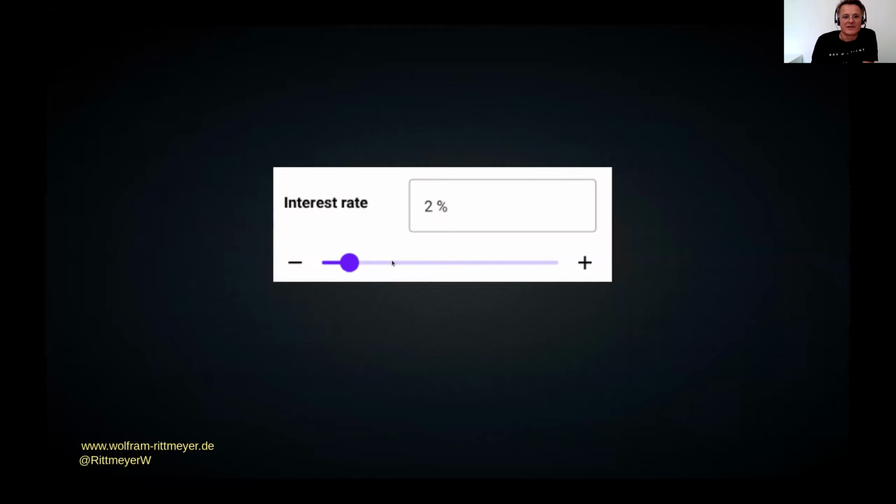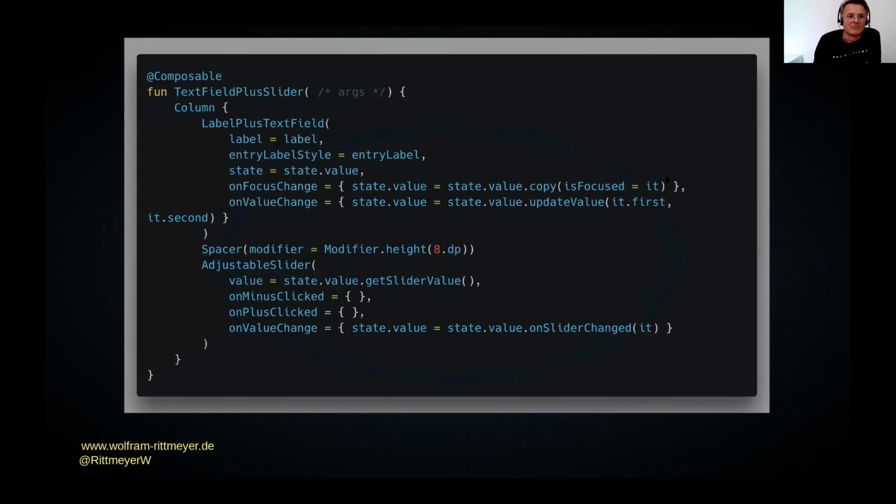So for this client, I created this small component here, which has a text field and a slider and a few buttons. Yeah, there you can slide the slider, but you can also increase the slider in discrete steps because it's about interest rates, and an interest rate of 2.79 might not make sense. So you can increase it directly to say 3 or something like that. And this is done in this way.